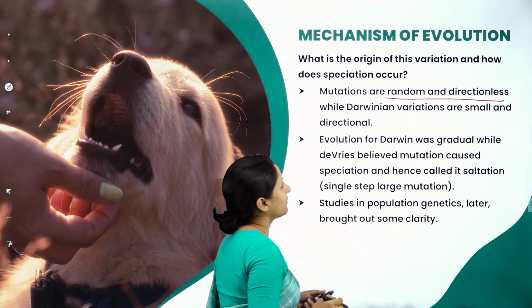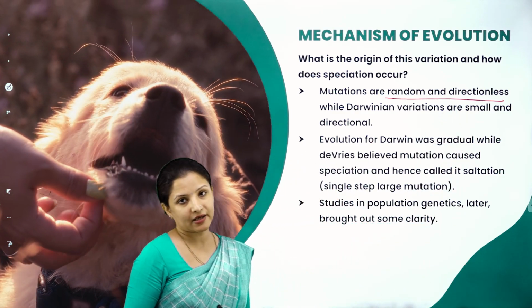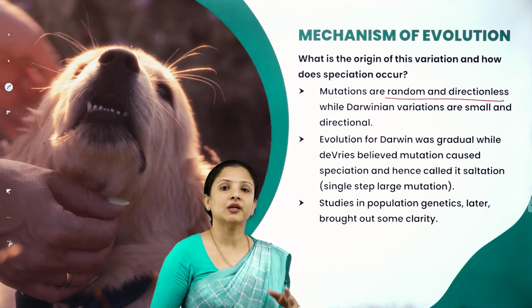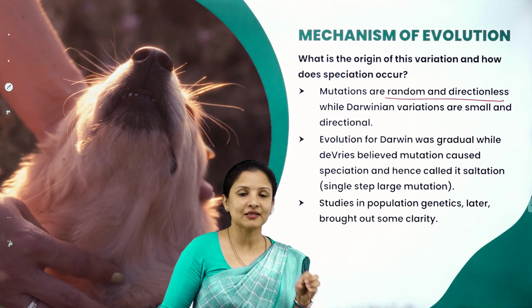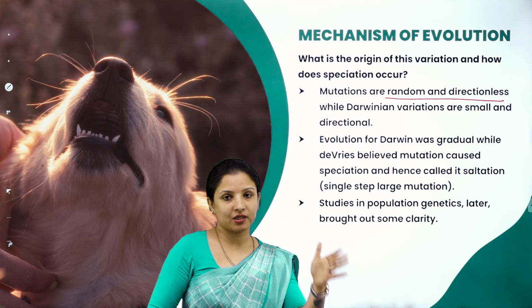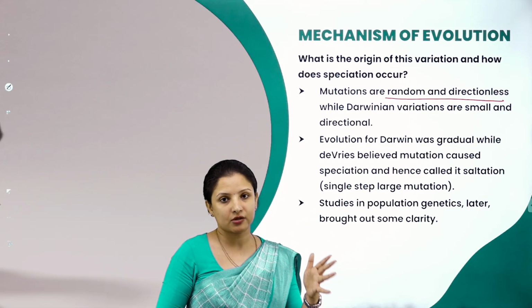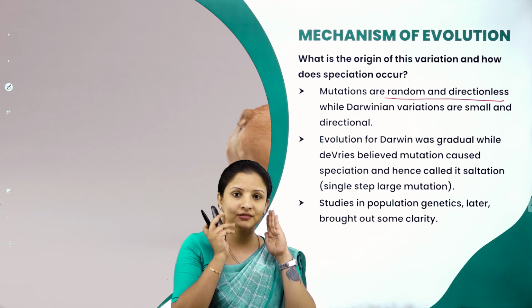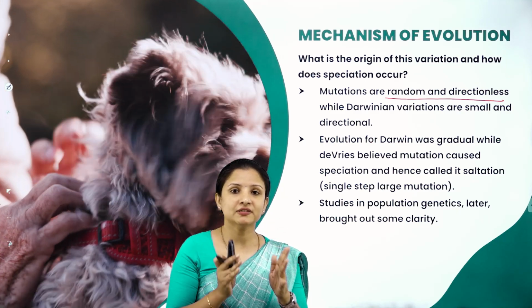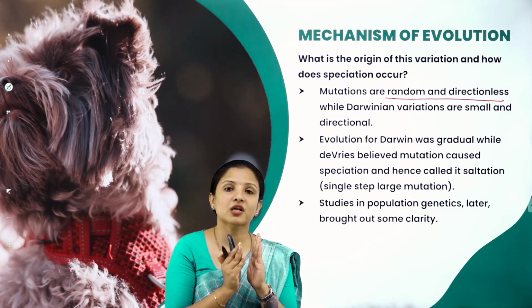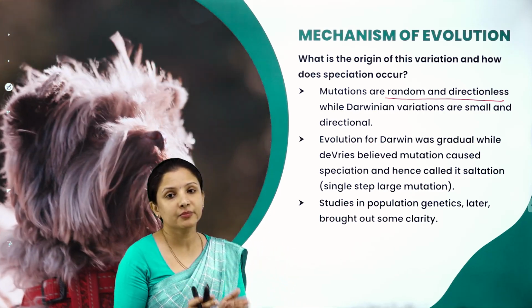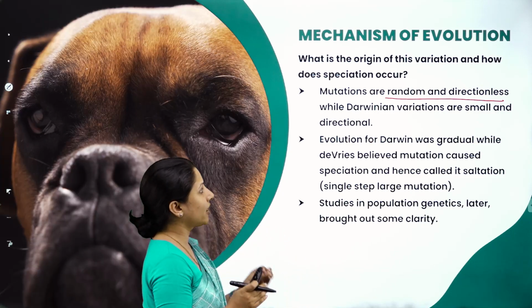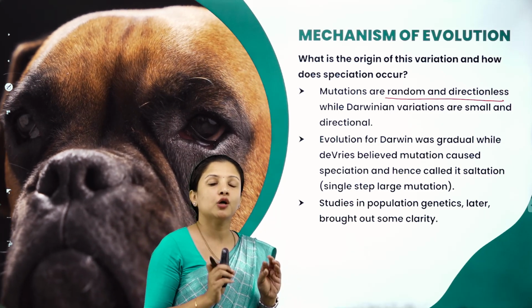Directionless, while Darwinian variations are small and directional. So mutations can happen in any organism that is present in a population. We can't say that only this particular organism can be subjected to mutation, but Darwin's theory always says it is directional. So Darwin's theory doesn't prove that mutation is only directional. Darwin believes that mutation is only directional, and he also believes that variations in a population are quite small